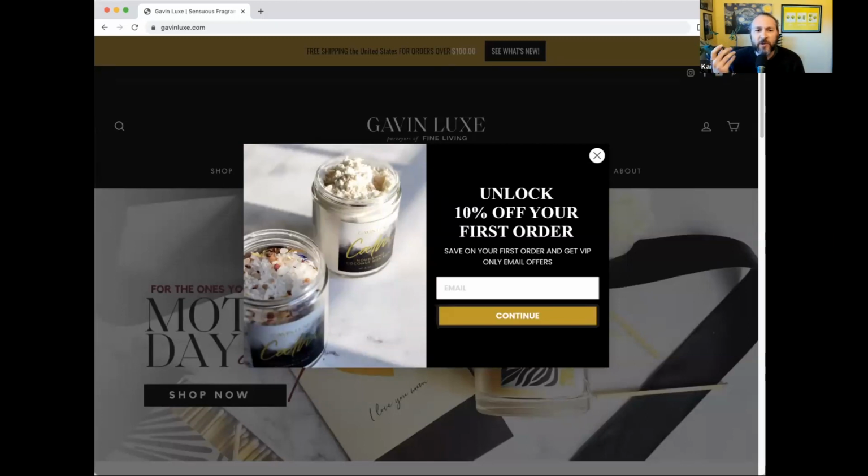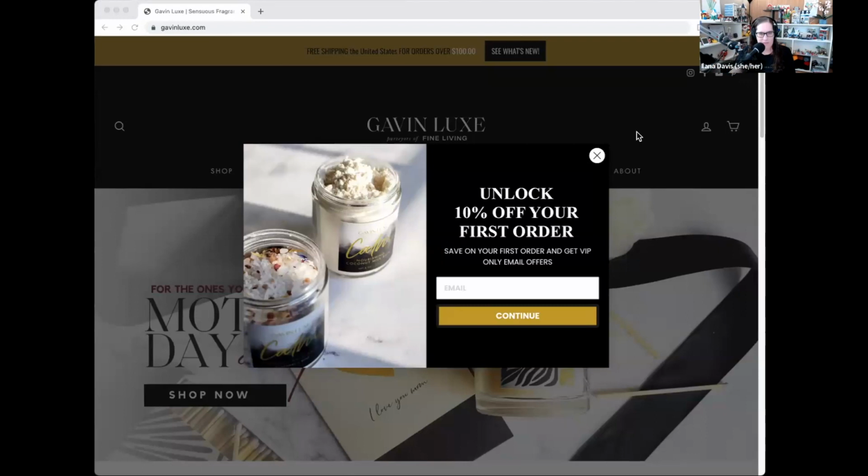A buddy of mine once called these herpes for your website, and I can't get that phrase out of my mind a decade later. What I advise my clients and friends to do, if the add-on you're using supports it, is set your pop-up to show up after some engagement, after they've scrolled, say, 40% of the page, or after they've clicked to the second or third page. A lot of folks won't get to that point. And so if you have the pop-up show, then you're hitting folks who are engaged and interested rather than everyone who lands on your site.